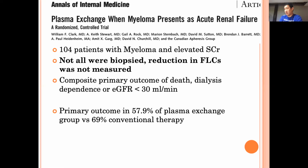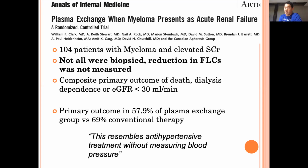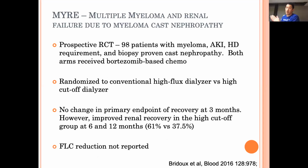What was really interesting about this study is they did not measure free light chains and monitor free light chain removal. And that's really what you have to do, right? If you are going to remove free light chains, you want to know, are we actually bringing the burden down? There was this really fantastic editorial when this paper got published, and from that editorial, someone said, not doing free light chain measurements resembles antihypertensive treatment without measuring blood pressure. So it's a really important point: if you are going to do this, you have to be measuring your free light chains to know whether you are removing them. So the two big studies that came out over the last 5 years were Meyer and